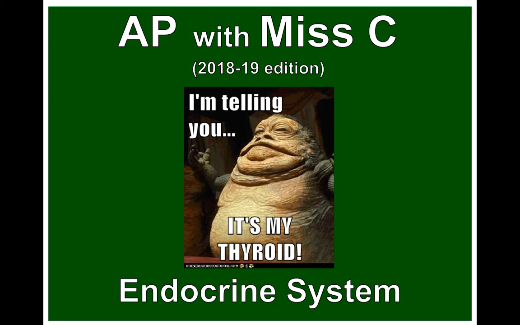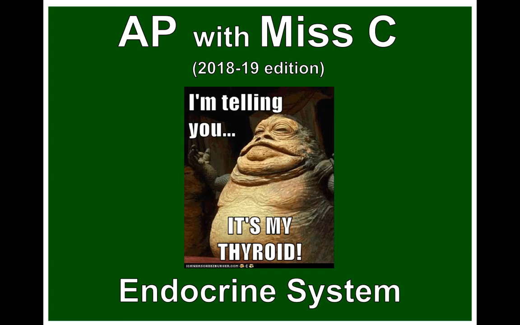We're on to the next and last body system in our cell communication unit, the endocrine system. Just to remind you all, we started our current unit with Chapter 11, which introduced us to the different ways that cells can communicate with each other. One of the ways was long-distance signaling, which is called endocrine signaling. So in this chapter, we'll be focusing on the endocrine system, whose job it is to deliver messages throughout the body using chemical signals called hormones. Hormones will deliver their message to target cells, which have a specific receptor for the hormone. The binding of the hormone and receptor will initiate a signal transduction pathway to elicit some sort of response.